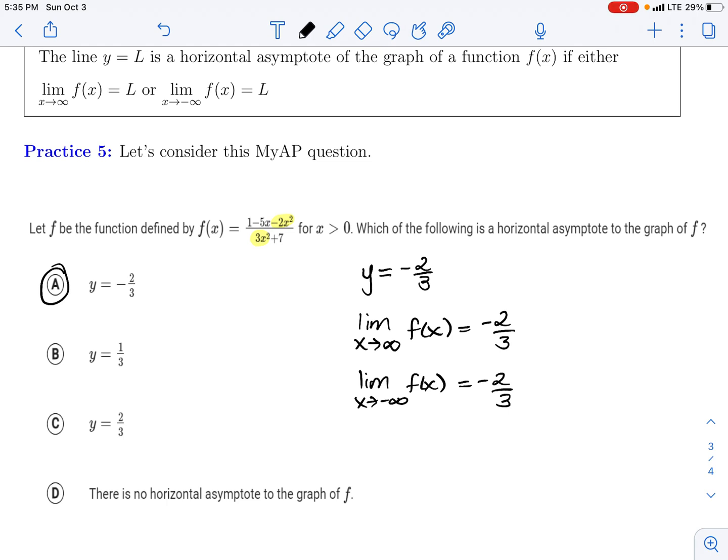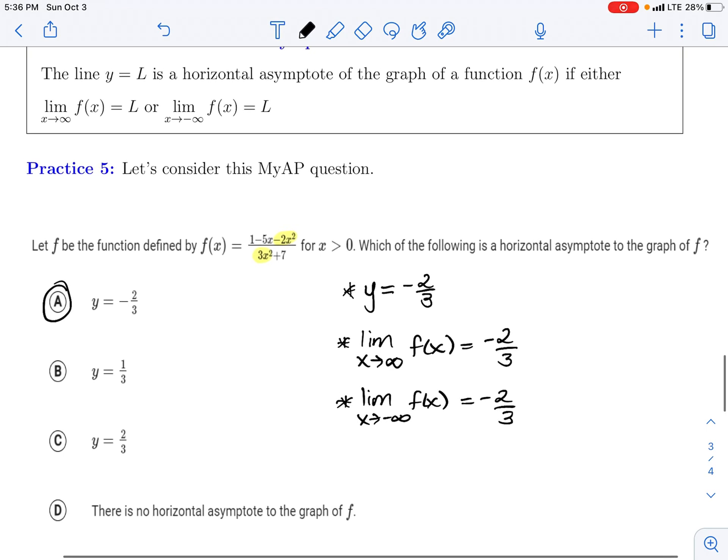So in this case, you would see that we have proof for our horizontal asymptote, using the calculus and also using the pre-calculus to find it. Either way, you could say, I know from pre-calculus the horizontal asymptote is y equals negative 2/3, but now using the formal definition from calculus, when I consider the limit as x approaches infinity and the limit as x approaches negative infinity, I know that I'm going to get negative 2/3 there, and so therefore that's a horizontal